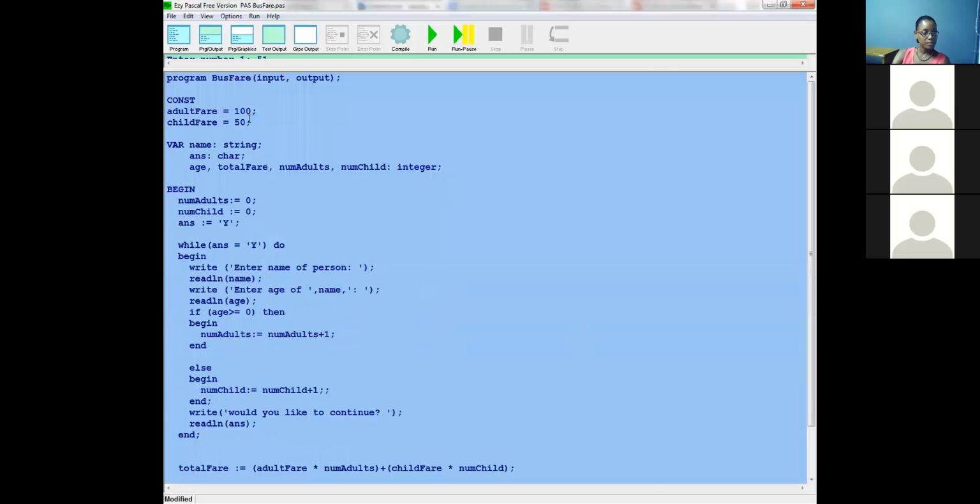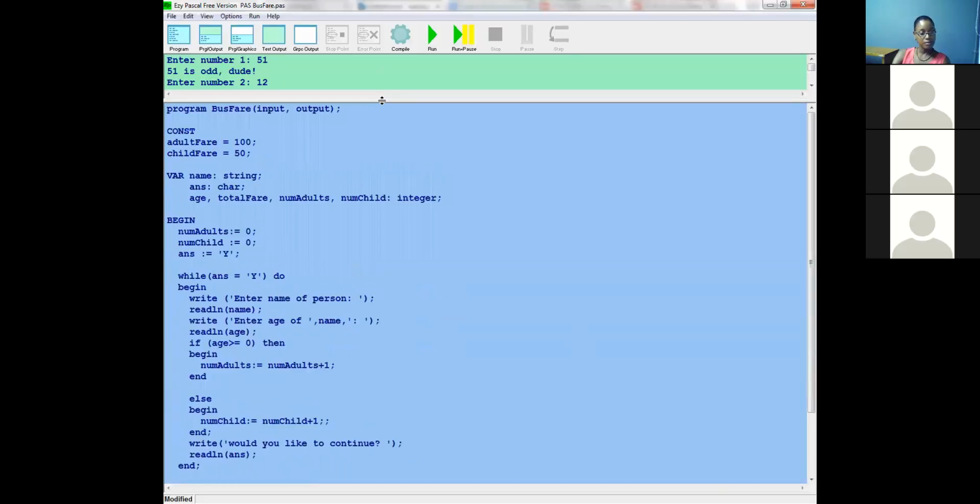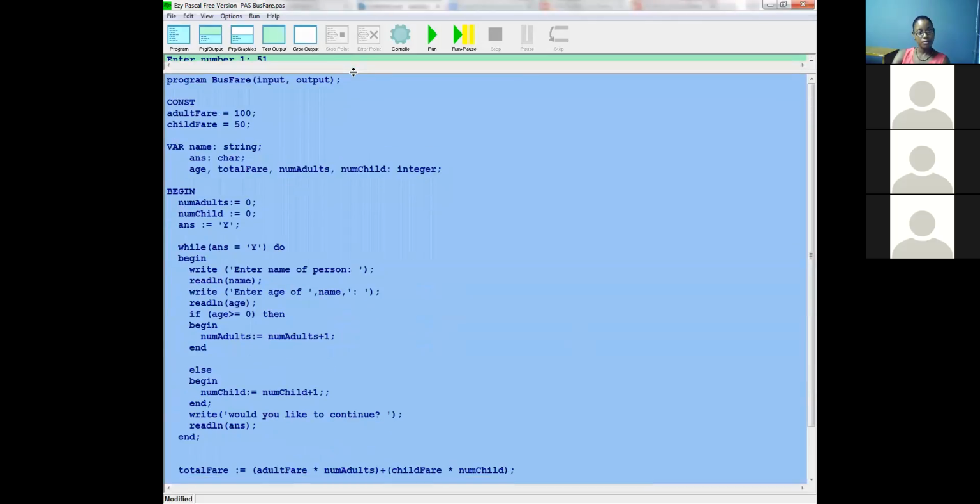So, constants are declared. For those of you who are looking at it, this is Easy Pascal. It shows you the space where you're going to run your program just above it. It requires that you put this in, and it doesn't use the CRT or the read key. So if you don't see it, don't freak out. It doesn't mean yours is wrong. So: constants, variables, initialization,